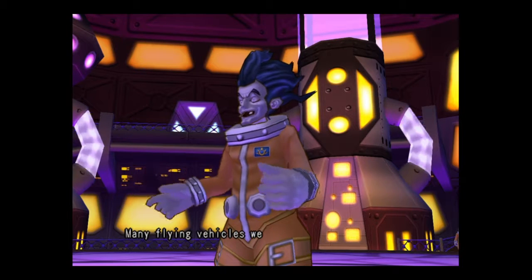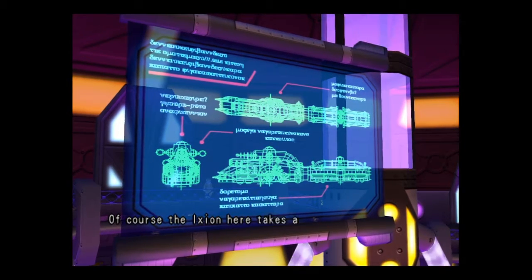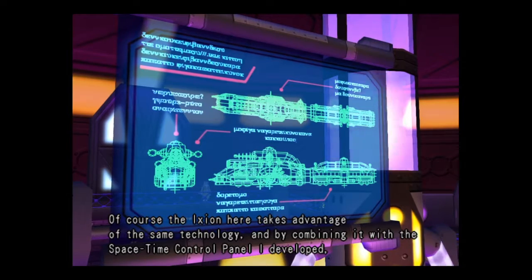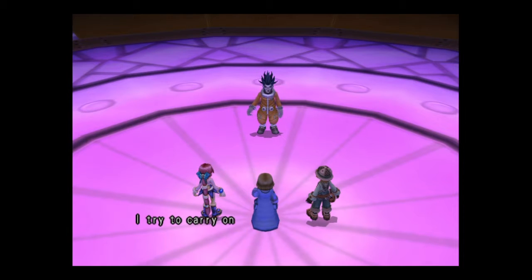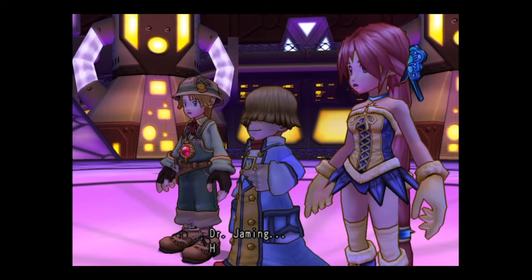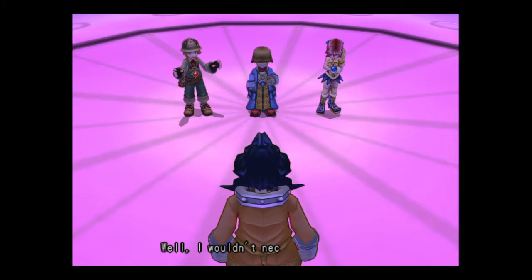Many flying vehicles were developed after that, based on his technology. Of course, the Ixion here takes advantage of the same technology, combined with the space-time control panel I developed. My grandfather has passed away, but before he died, he told me I should use his research for something good and just. I try to carry on his wishes, and I think that by continuing his research, this world can truly be saved. Dr. Jamming. He was quite a guy. Yes, and you helped him become the man he was. Well, I wouldn't necessarily say...